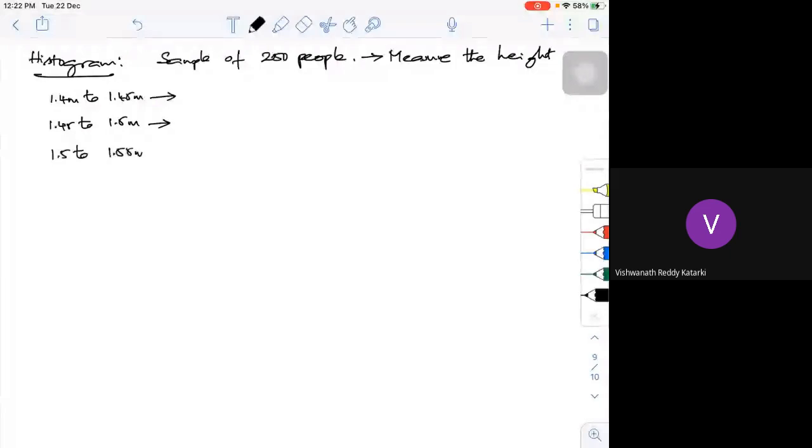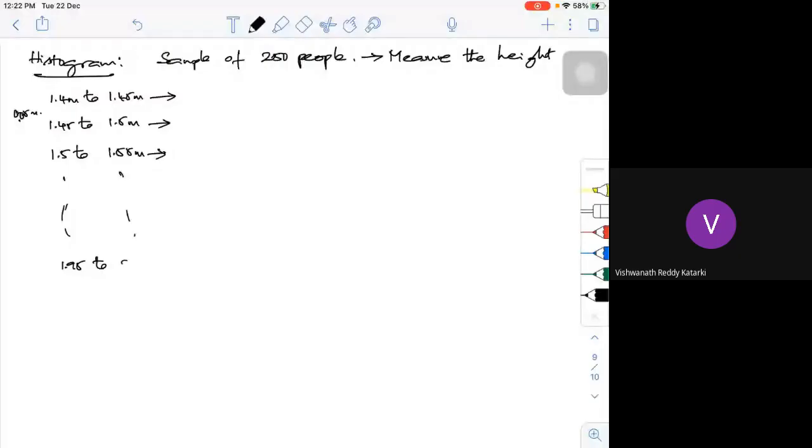I have a step size of 0.05 meter. The tall guy is 2 meters, and a short guy is around 1.2, 1.3 or 1.4 meters.